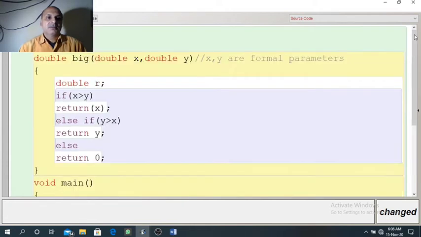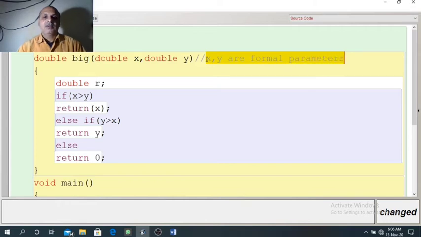Now, the copy of 6 will be received in X, and the copy of 5 will be received in Y. So the variables which receive or accept the values are known as formal parameters. So here X and Y are formal parameters.